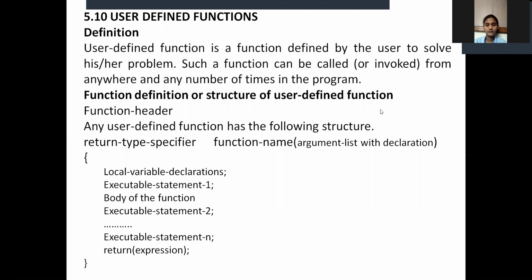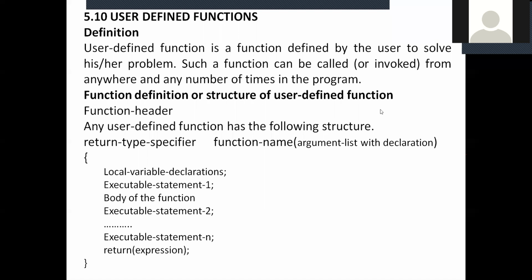Starting with the return type specifier in the first line, the function header: after execution of this function, the type of value we get as a result is called the return type specifier. It is nothing but a data type.